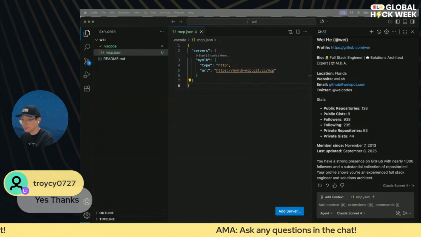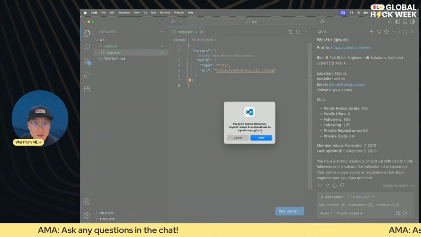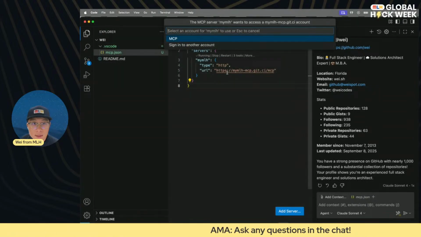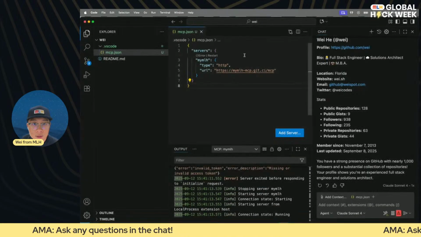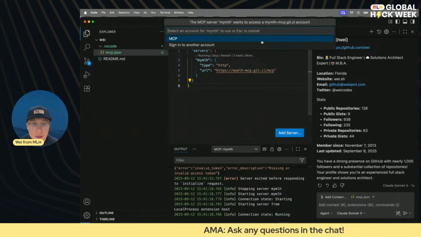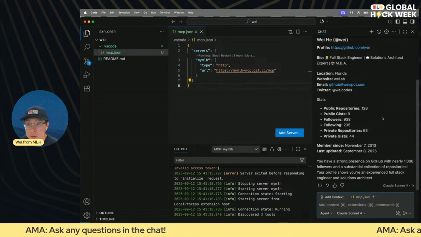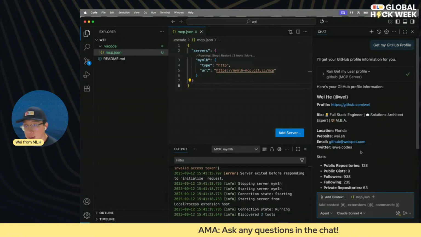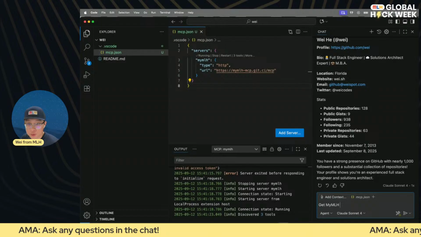All right. Perfect. So I'm going to start this server one more time. In the past, this has actually resulted in some errors, so let me just try it again. MCP. All right, and then let me just also verify it. Very similar to getting my GitHub profile, I can ask the AI to fetch my MLH profile.